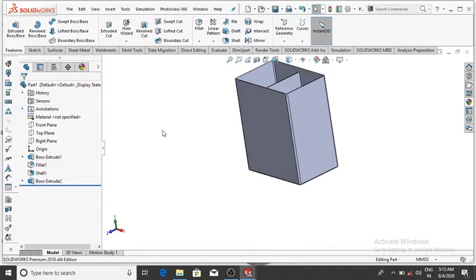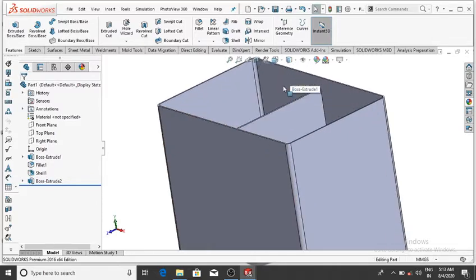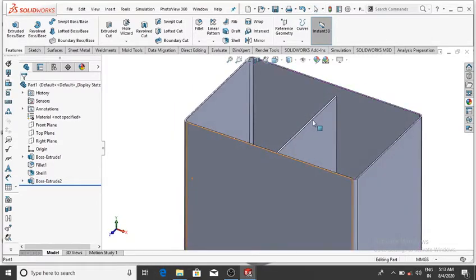Now we make multiple bodies, so we use the linear pattern. So select linear pattern and make this body, and the distance between two bodies will be 60 mm.